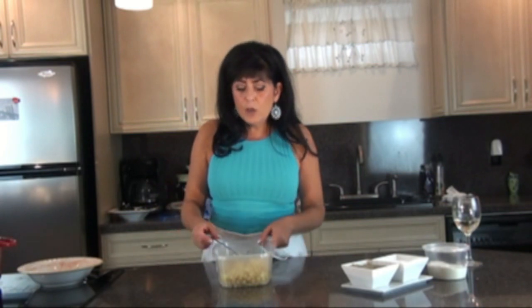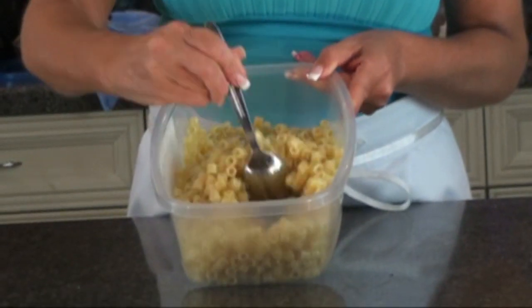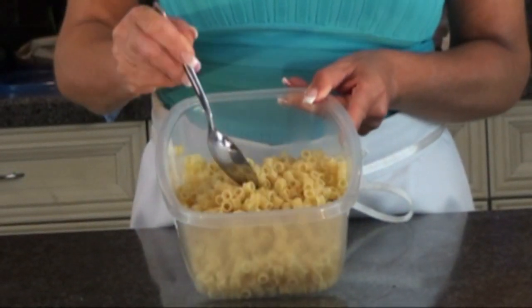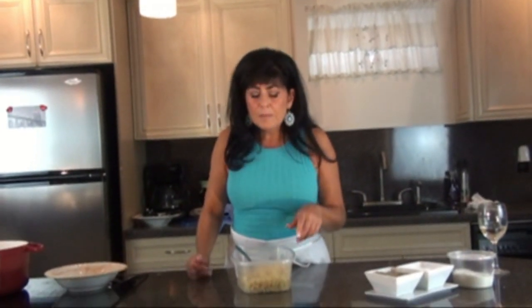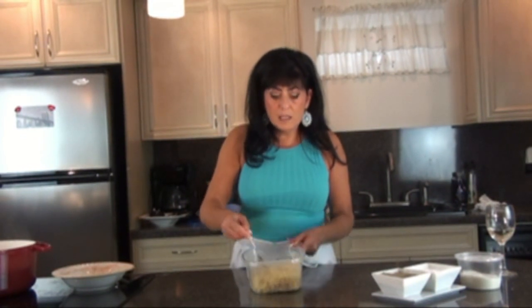So now if you like pasta in your soup, which I do and my husband likes it, some people don't, I suggest, and the way I do it is I cook my pasta separately. Now this is a half of a box of ditalini, and I cooked this off this morning in salted water. When it was finished al dente, I just drained it and I put it in here and I just drizzled it very lightly with a little bit of olive oil so it stays nice and moist and it doesn't all